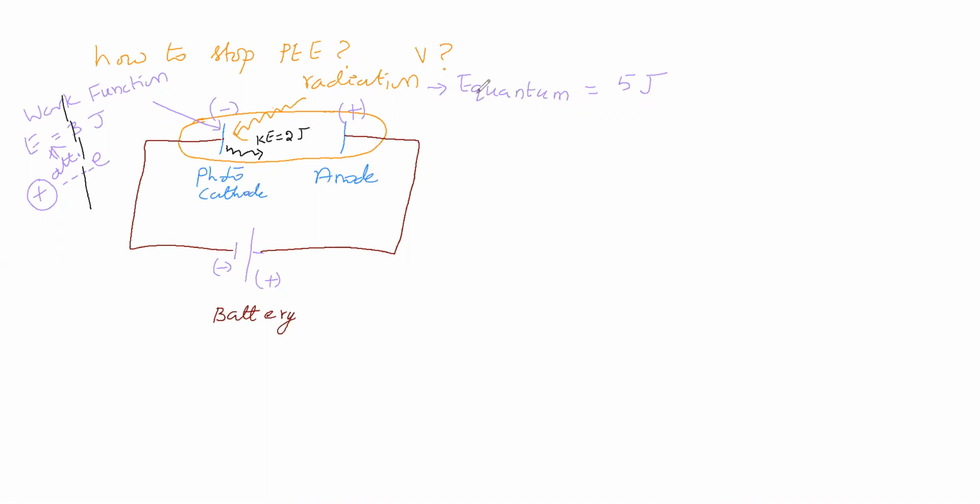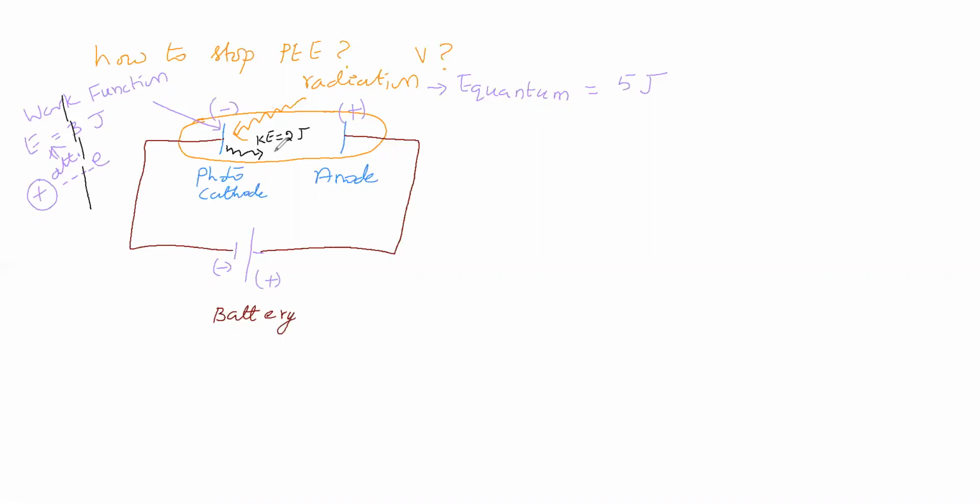Okay, so you are taking a quantum of 5 joule. That quantum is falling on this photocathode, that means the metal atom, that means this free electron. This free electron is absorbing this quantum of 5 joule. Of that 5 joule, this free electron utilizes 3 joule for breaking this attractive force. After breaking, this electron is ejected out from the metal atom. The ejected electron has kinetic energy, how much? 2 joule. It is the maximum kinetic energy of the ejected electron.